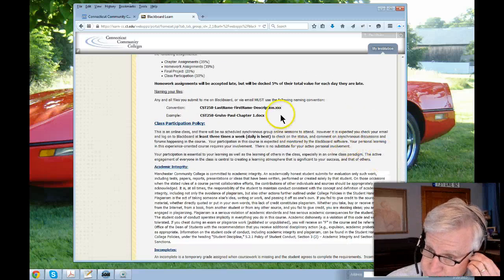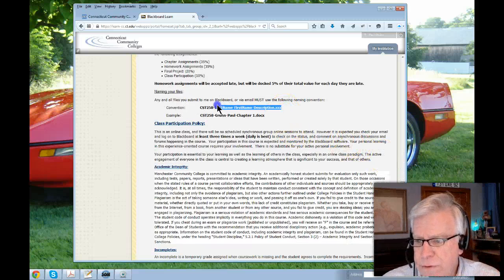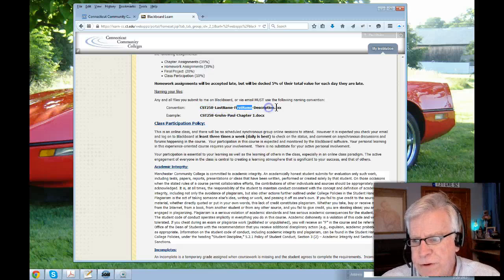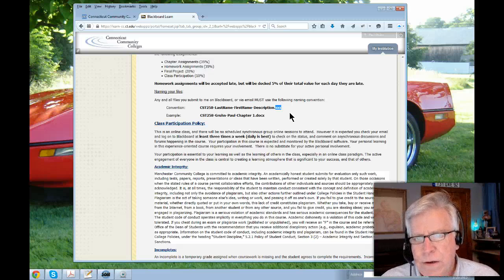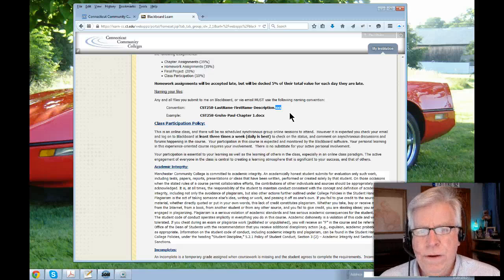Standard naming convention for anything you submit to me is the number of the course, your last name, your first name, your description, and then whatever the extension of the file. In most cases, it's probably going to be a docx file. If you are using a Mac machine and a software like NeoOffice, you have to do a save as Microsoft document